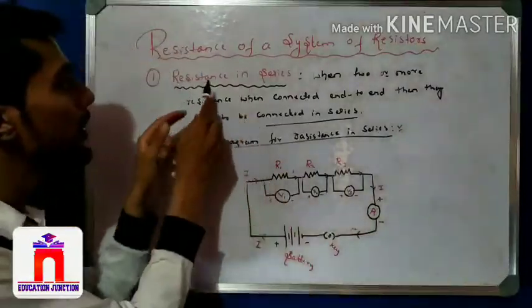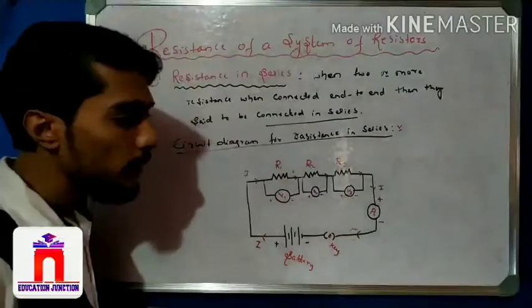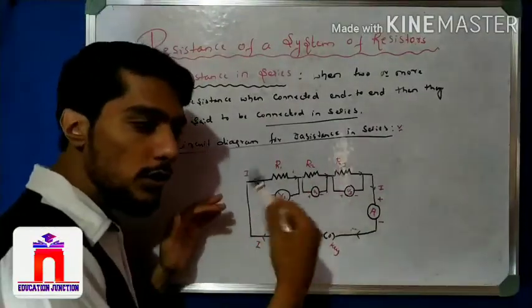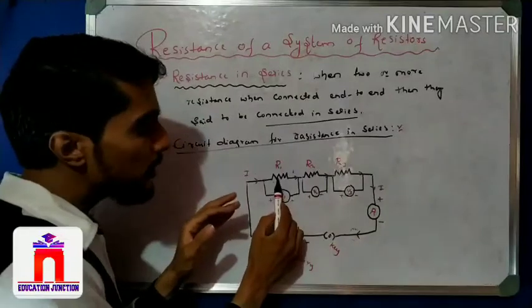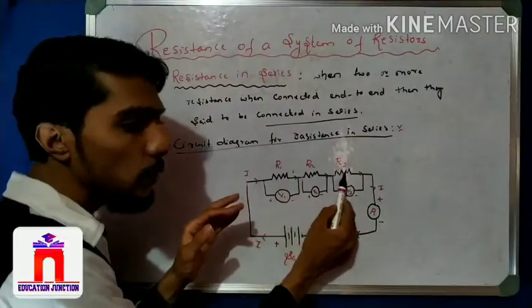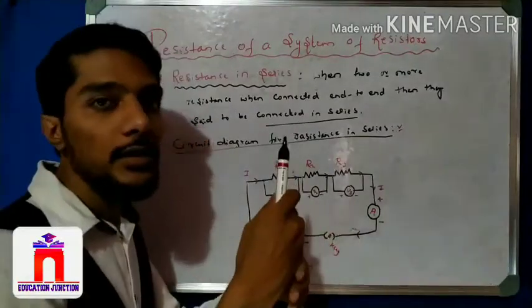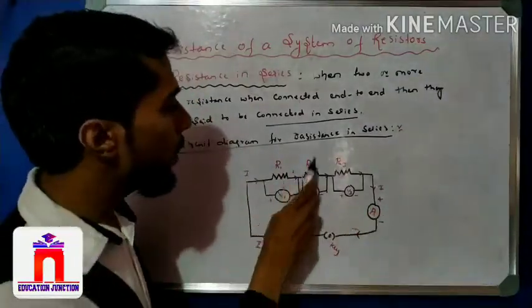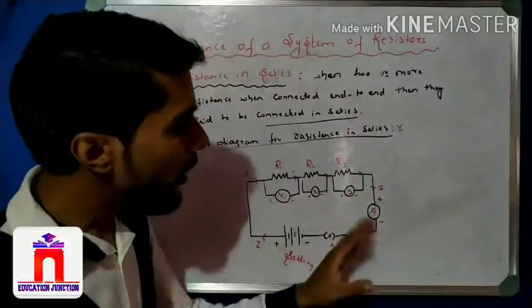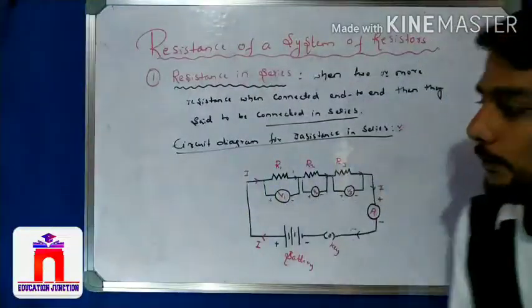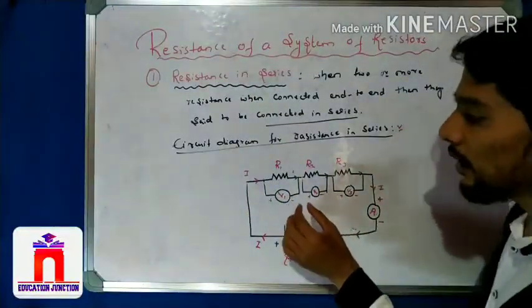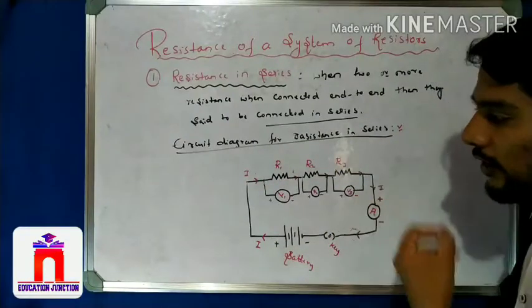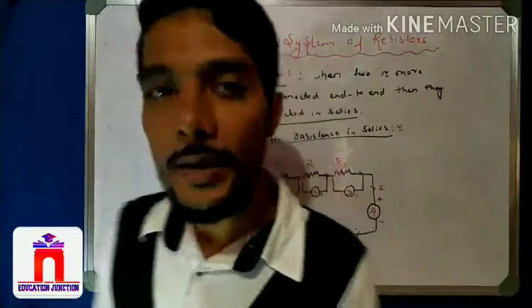So again repeat the concept. Resistance in series, what does it mean? When two or more resistors R1, R2 and R3 are connected side by side, end to end, such an end to end connection is called a connection in series, right? So here R1, R2 and R3, right? Now the very important point here. We have to calculate how much potential difference is there in the circuit. So first point you observe in this circuit diagram of series.